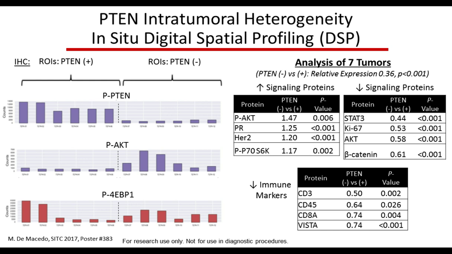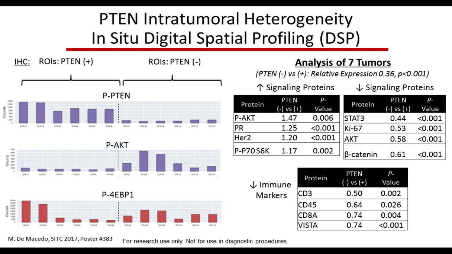We then started looking at activation-specific molecules such as phospho-AKT, and consistent with our previous studies in frozen tissues, we saw that the regions that had complete loss of PTEN had elevated levels of phospho-AKT. What is also interesting, and again a unique capability of the digital spatial profiling platform, is that we can see there's heterogeneity within the PTEN null region. Again, in the region that expressed high levels of PTEN, there were very low levels of phospho-AKT.